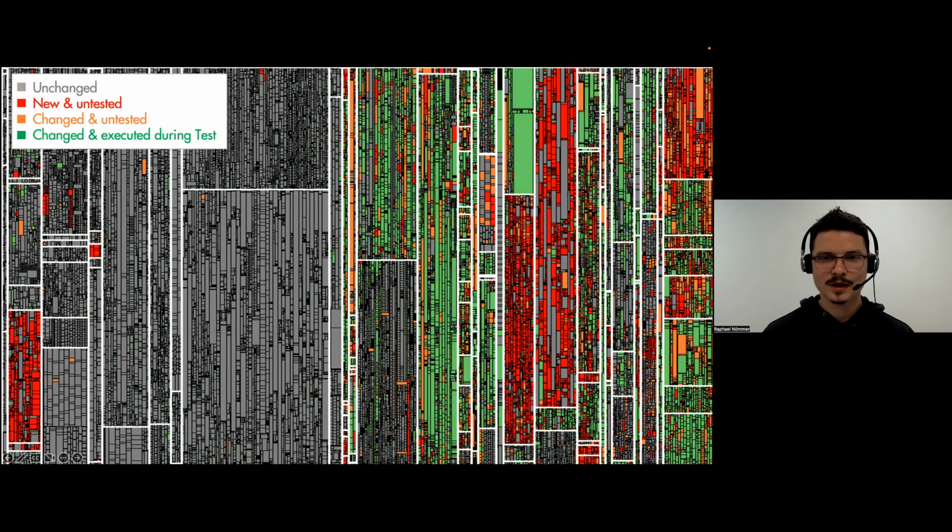And this tree map is actually the last day of the test phase before they wanted to release. And as you can see in these big red areas, there are tens of thousands of lines that are completely untested, and actually a lot of new methods that are completely untested. What's interesting here to see is that these are very clustered in these areas. And the reason for this is they actually wanted to develop